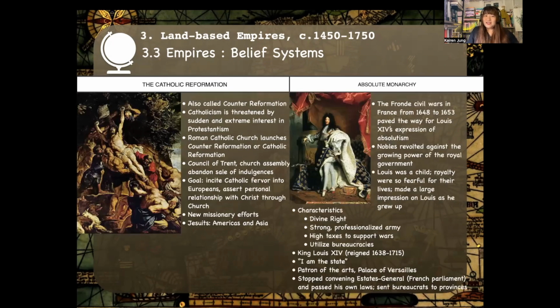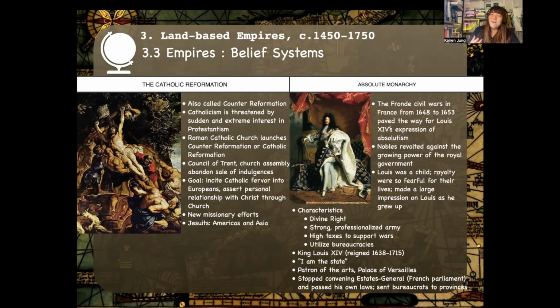So with all of this going on, the Catholic Church couldn't just sit back and twiddle its thumbs. It launched the Counter-Reformation, or the Catholic Reformation. Catholicism was threatened by the sudden and extreme interest in Protestantism, and the Roman Catholic Church launched the Counter-Reformation, aka the Catholic Reformation. In the Council of Trent, the Church Assembly decided to abandon the sale of indulgences, and the